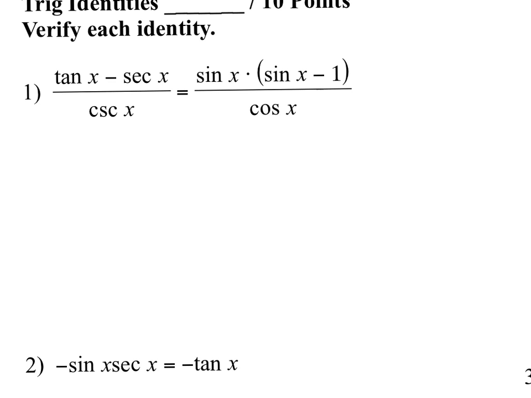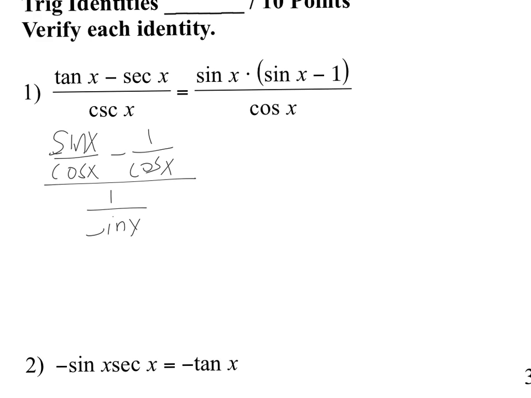Okay. So we've got sine, cosine on the right side. I'm going to start off by converting everything to sine and cosine. So we get sine x over cosine x minus 1 over cosine x over 1 over sine x. That's equal to the same thing as sine x over cosine x minus 1 over cosine x divided by 1 over sine x,